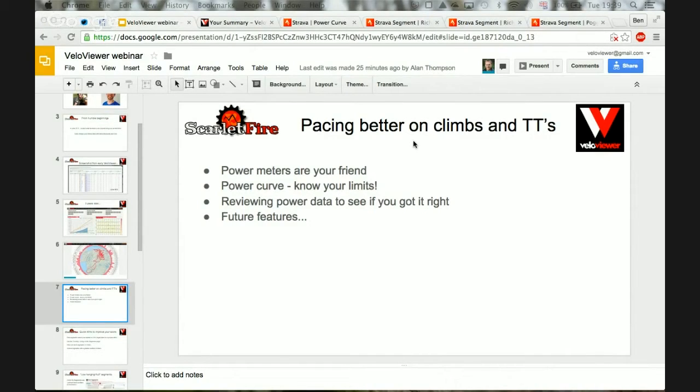So in terms of pacing on the climbs, you can't really go wrong with a power meter. I know they're expensive, but it massively makes a difference to how you can pace yourself. So it's all about knowing what your power curve is, and then once you know what you can do for a given amount of time, you can use that to pace your climb. And there's some future features which I'll come on to at the end, which go into much more detail about where I'm hoping to take this. But in terms of what we have here, it's around the power curve. So currently